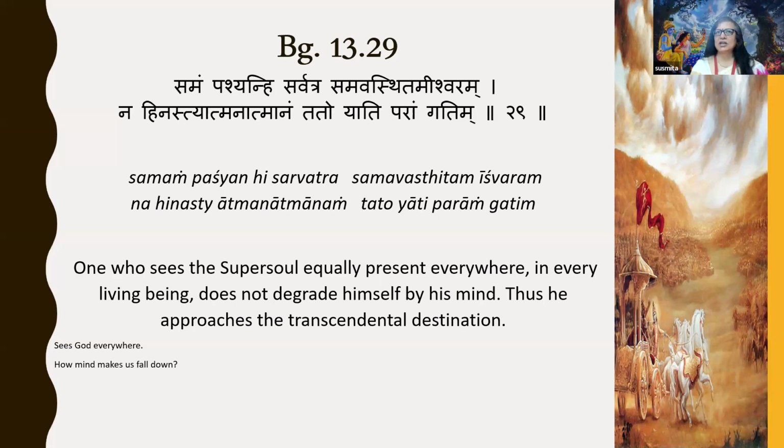So he feels everyone is equal, irrespective of forms, caste, creed, animals, living beings. So he is able to see the Paramatma in all the activity, in everyone. He also knows that whatever activity I am doing is because of my form, my body, but I am separate from this body. If that realization is there, and he is focused towards the activity of the soul, then he is actually moving towards the transcendental destination. Let's go to the next shlok.